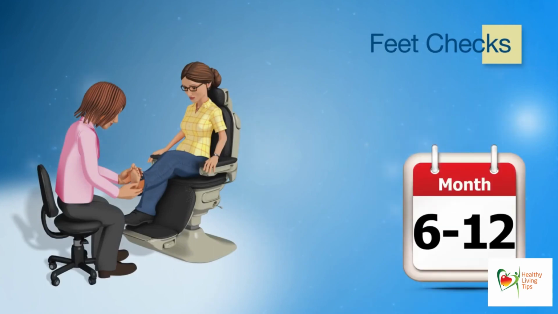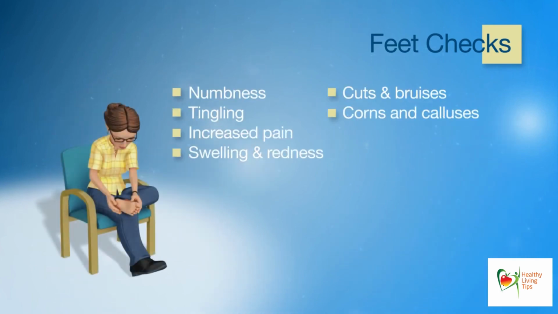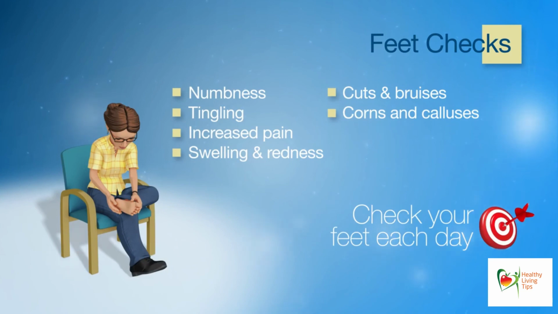It is recommended that you visit a podiatrist every 6 to 12 months, or more frequently if required. The podiatrist will complete a foot exam to help detect any nerve damage and circulation problems. In addition to visiting the podiatrist, aim to check your feet each day for any abnormalities such as swelling, redness, cuts, bruises, corns or calluses. If you have nerve damage, you may not feel any of these problems, which may worsen them. In addition, poor circulation may mean that any cuts or lesions take longer to heal, increasing the risk of infection.